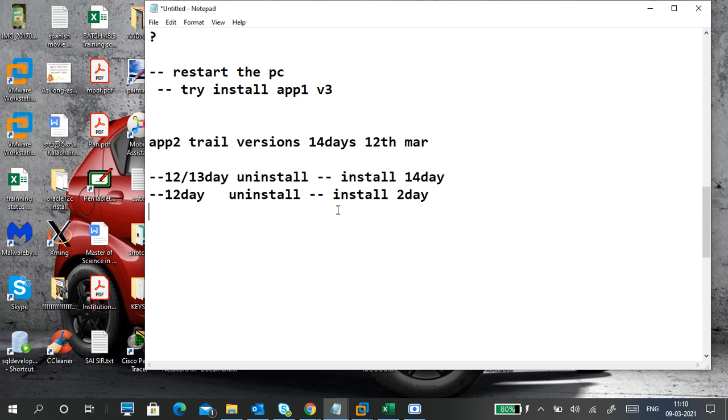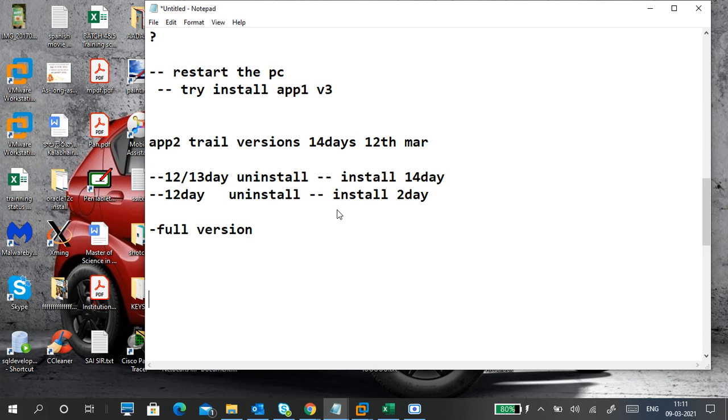So the developers understood what people are doing. What have they done? Whenever you install it, on the 12th day or 10th day or 5th day, you will get only the remaining days, not 14 days again. Why is it possible? Because of the registry. Inside the registry it records when you last installed, and it works based on that, until you install a full version.